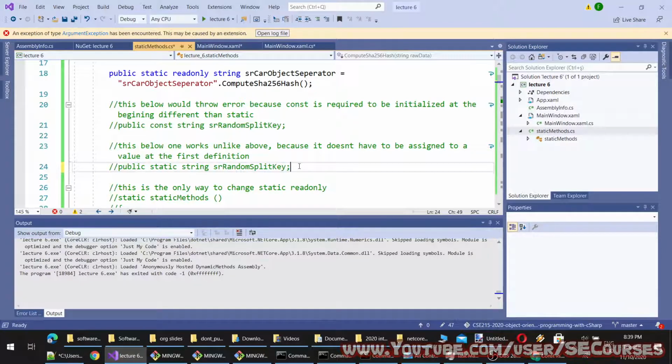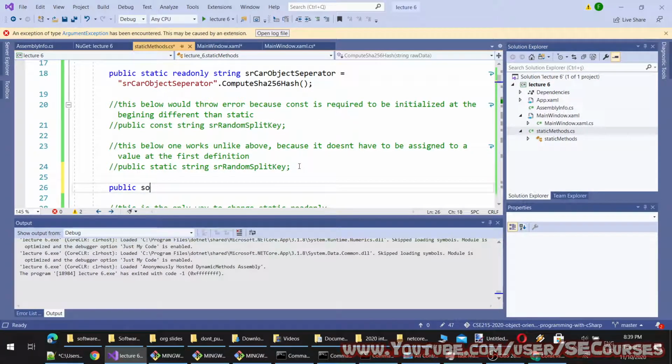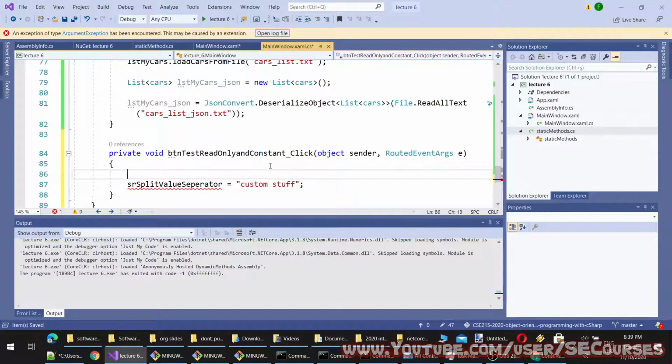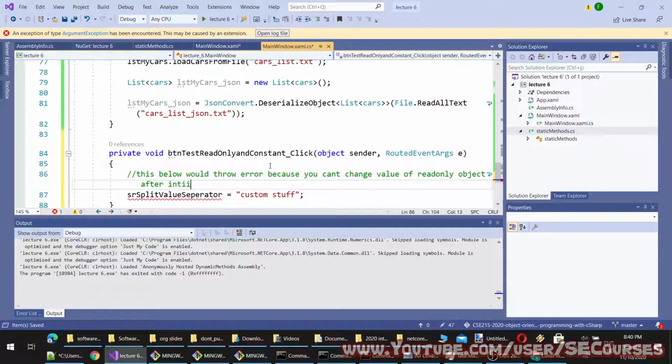Okay, so can we change constant after initialization? Let's try it. Okay, so this is constant and class.